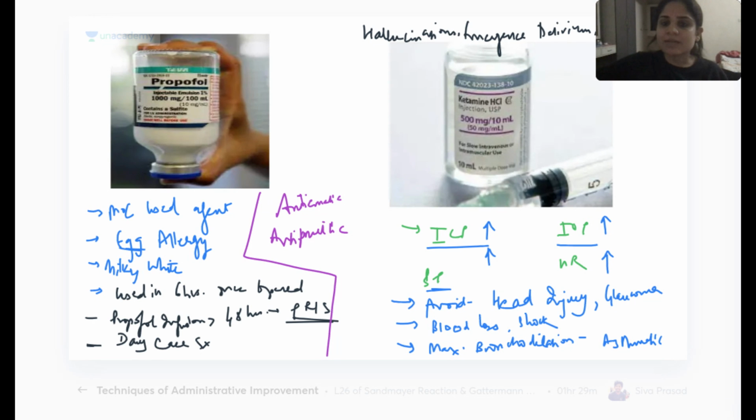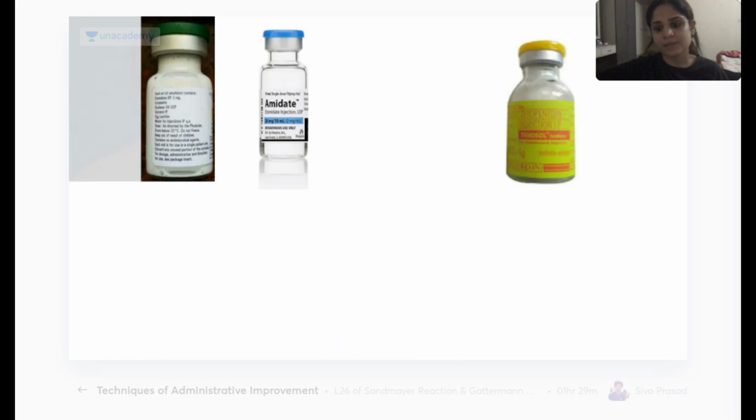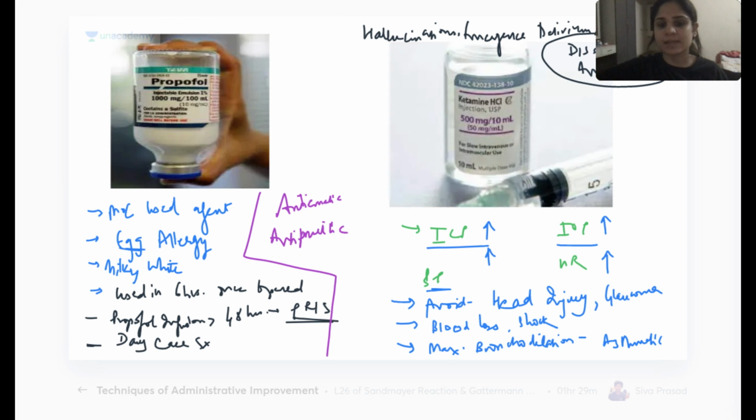And one more thing you get with ketamine, that is out of body experience. What is that called? Dissociative anesthesia. They ask this many times in the exam, especially this term, dissociative anesthesia. What is dissociative anesthesia? You will have an out of body experience when you are under anesthesia with ketamine. So you will feel that you are standing at the corner of the room, looking at yourself. Your soul is different, your body is different, and you're looking at yourself. So that is dissociative anesthesia seen with ketamine. In babies we prefer to give ketamine because it maintains the respiratory rate,